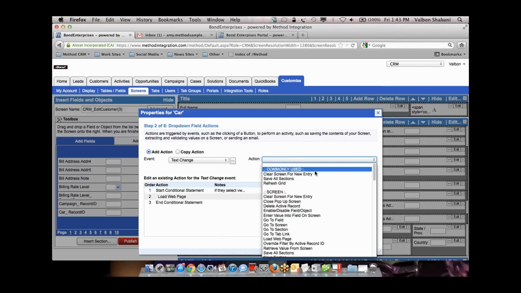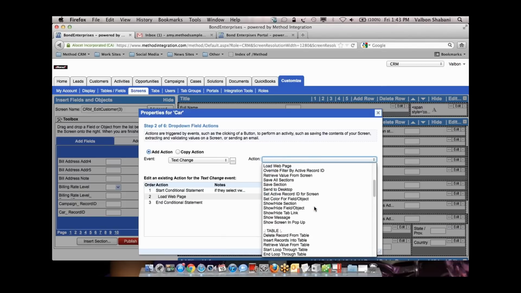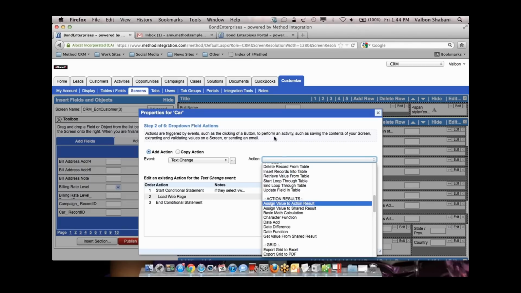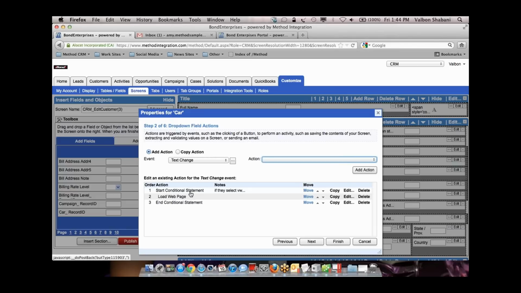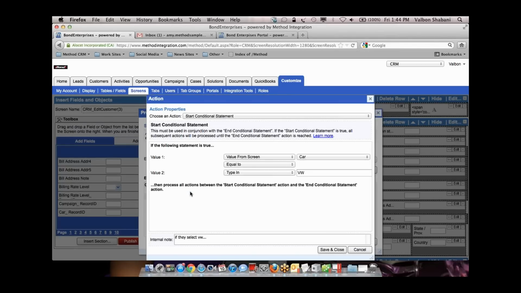We can actually use a list of actions that allow you to say, this is what I want this button to do. This is what I want to happen if the customer selects a Volkswagen from that list of cars. And you can see here, I've already pre-populated that example, but let's go through it together very quickly. If we're going to use a little condition here that says, I want to look at just the people that select Volkswagen. So we're looking at the screen and we're looking at the value for car, if it equals VW,